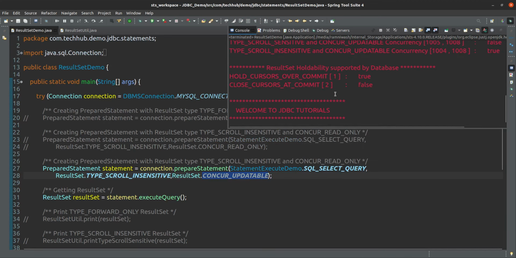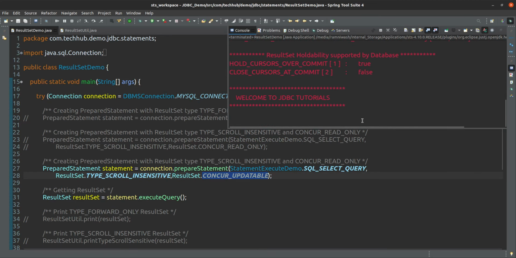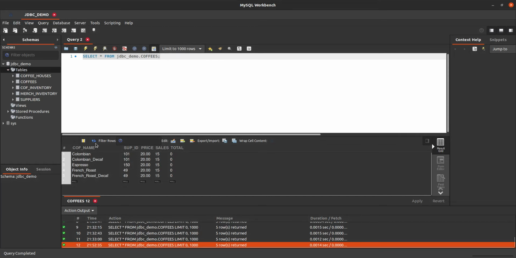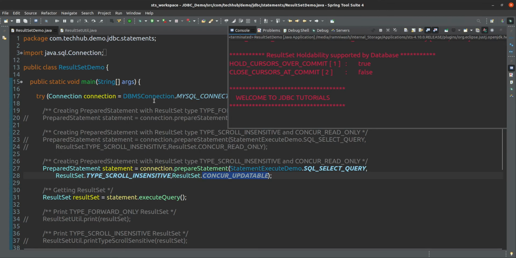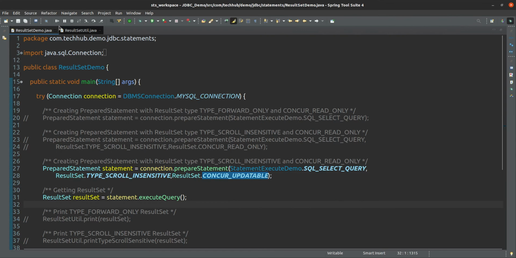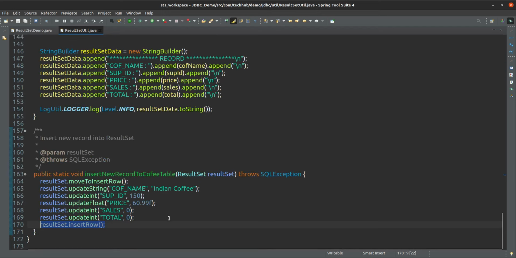So the new row is added. We are not printing any message here, but the row is added. And if you go to this one and refresh, you will see, yes, it came, Indian coffee, it came. And next time if you want to insert one more record, you can do that also. This time we will print a message here, new row is added, something like that.